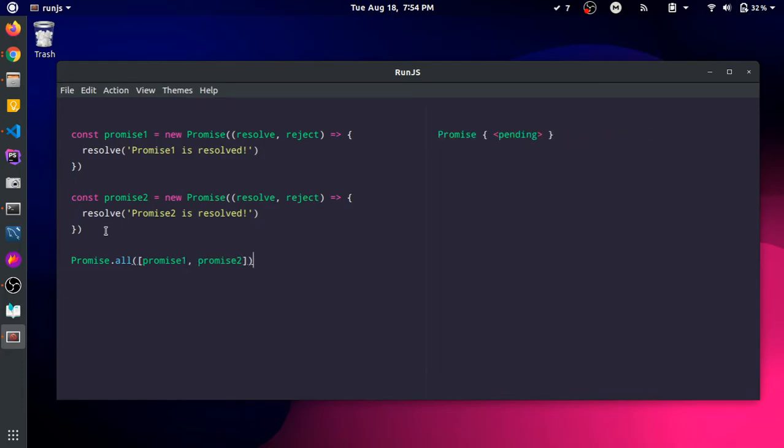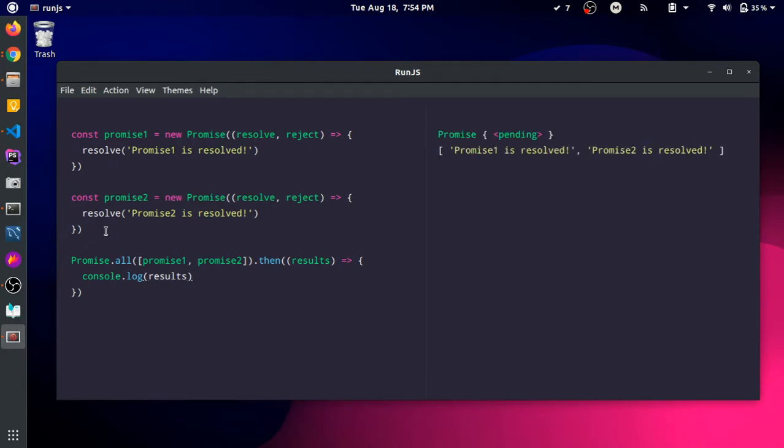Okay, and we will be getting a single promise as a result, and we will be using it as result. Okay, and we will be console logging this result over here.